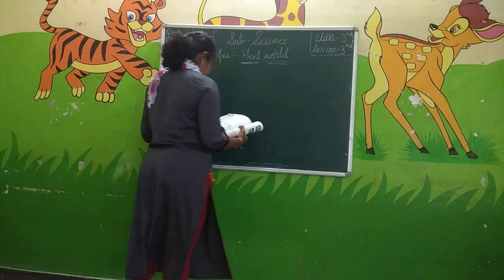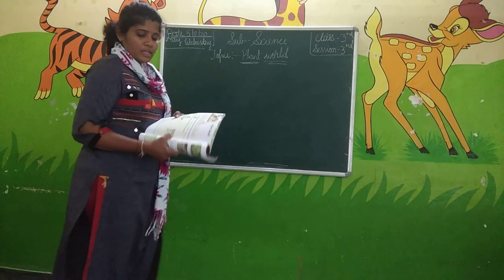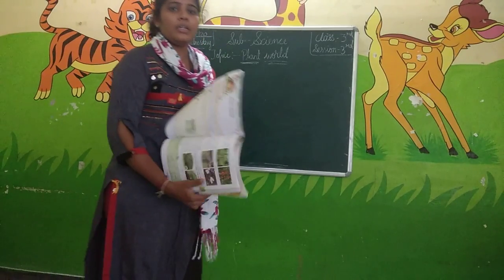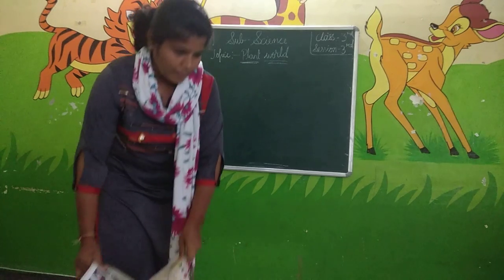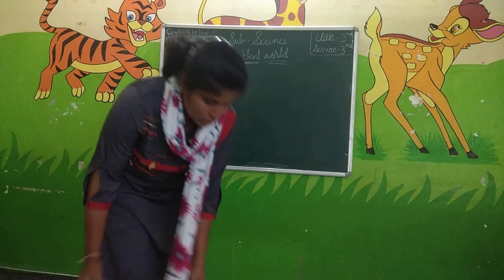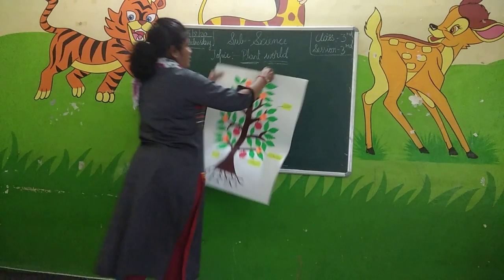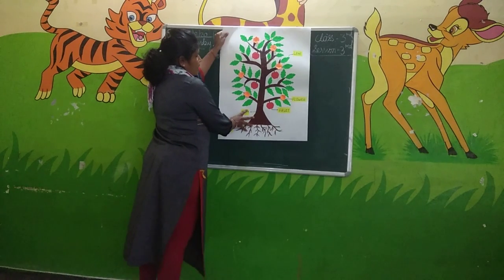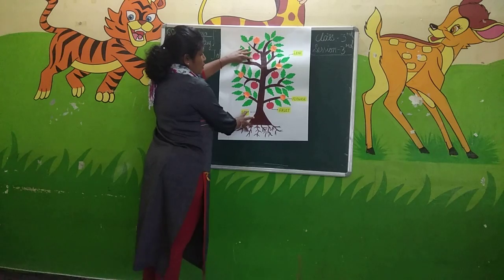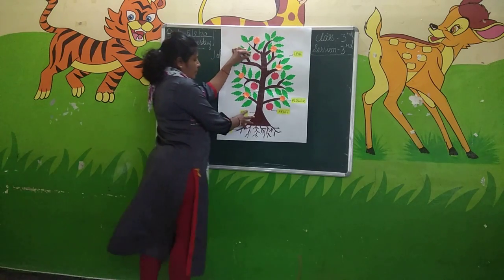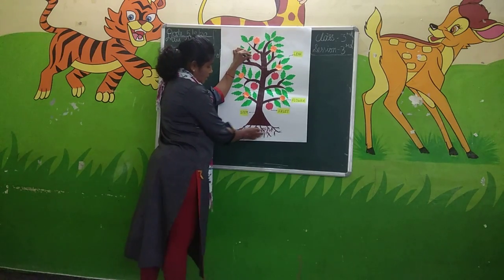Activity. Last year, in the second standard, you learned about the parts of a plant. Just recall the parts of a plant now. See this, this is the structure of a plant. Let us name the parts of a plant. See, in the ground,